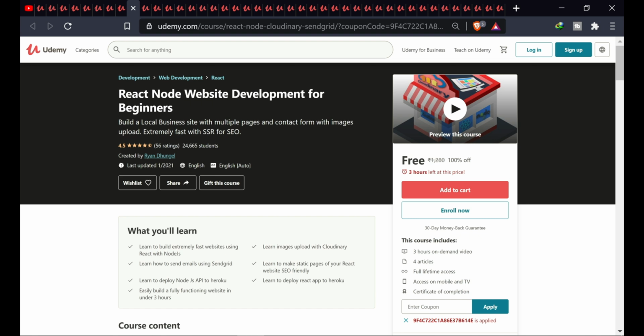The next course is React Node Website Development for Beginners. In this course, you will learn to build an extremely fast website using React with Node.js, learn image upload with Cloudinary, learn how to send email using SendGrid, learn to make static web pages of your React website SEO friendly, learn to deploy a Node.js API to Heroku, and learn to deploy a React app to Heroku. Easily build a fully functional website in under 3 hours.